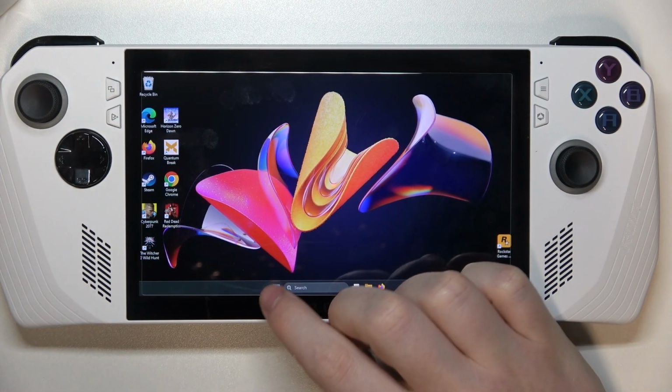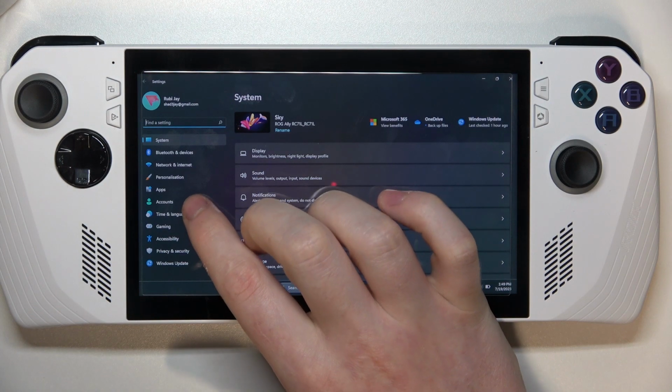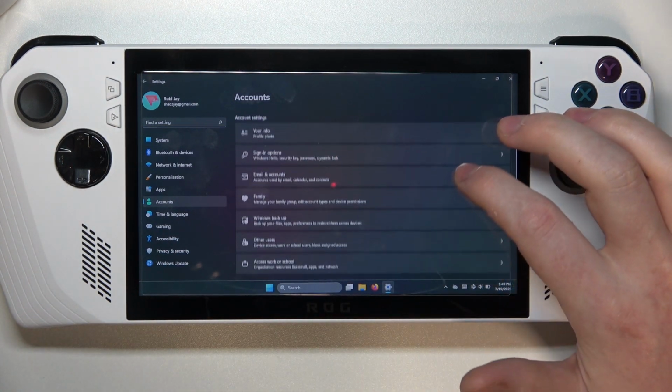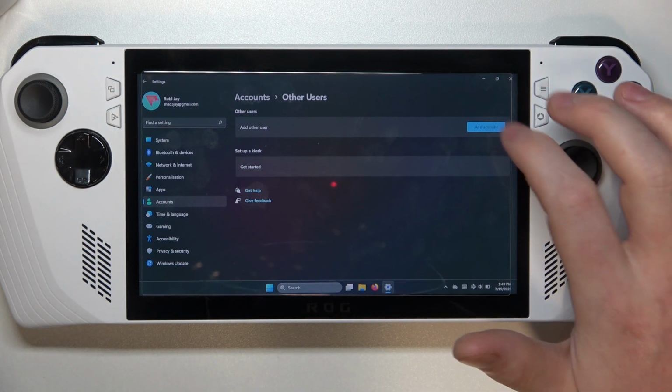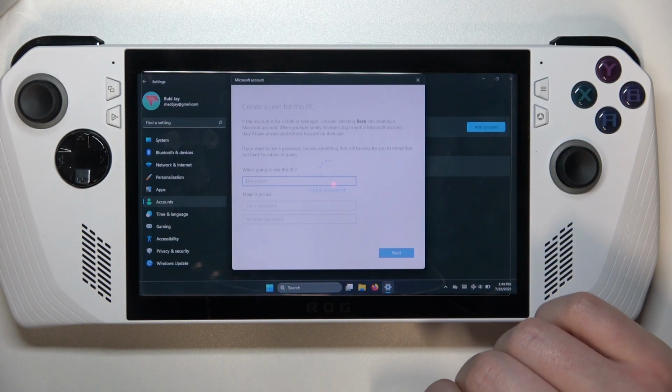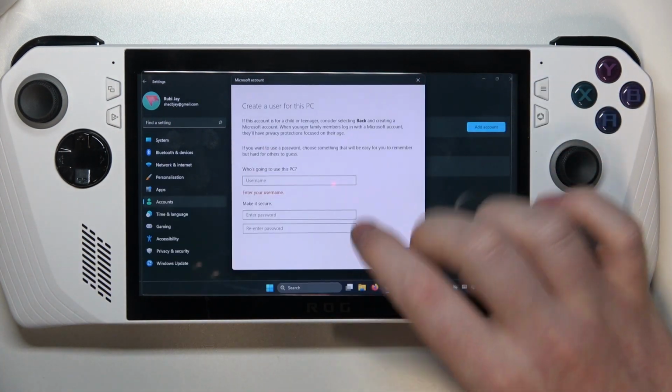And to do this, we'll need to click on this start, then go to your settings, find the account. Now we can scroll down a bit, there's other users. You can click on add account to create new user profile, enter their name,